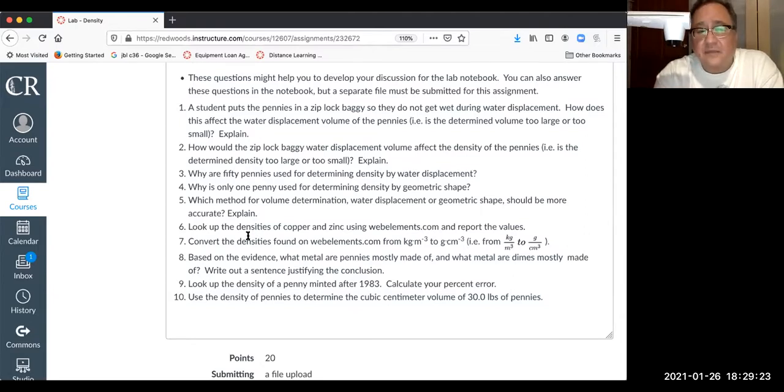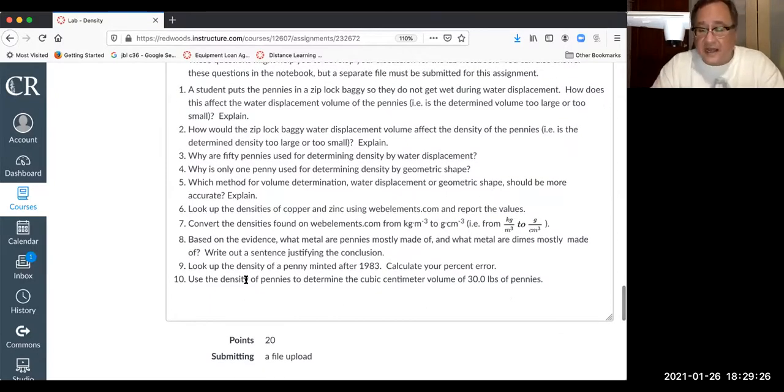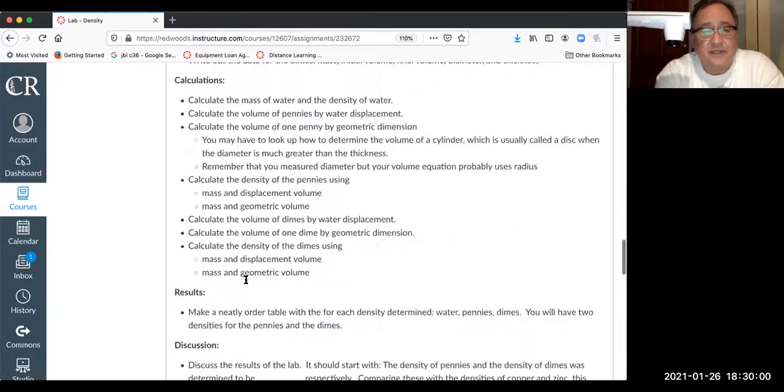So let's look at number 10, and let's say you do that calculation, and it's in the calculation section. What I would do for my assignment, I would say, look at the calculation section for this answer. That way I don't have to write down the calculation twice. Any questions there? Okay, so I'm not trying to make you repeat a lot of work. I'm just trying to make you be able to do all this work and point to it in your lab somewhere. Okay, so now that we've looked at the assignment,